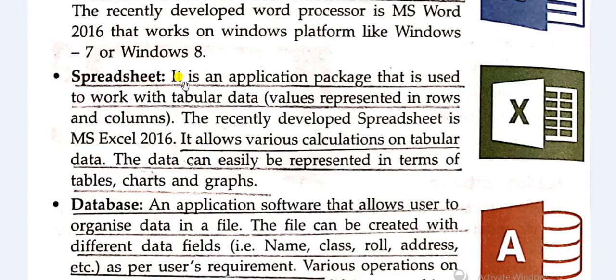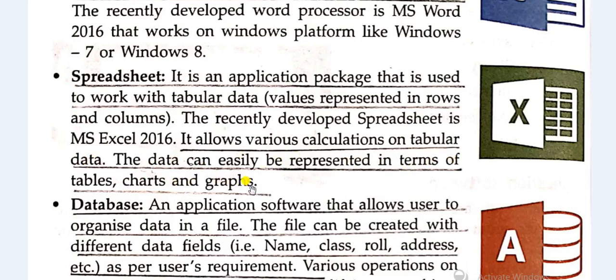Now, spreadsheet. It is an application package that is used to work with tabular data, values represented in rows and columns. We can represent the values row and column wise. It allows various calculations on tabular data like addition, subtraction, division, multiplication. The data can easily be represented in terms of tables, charts and graphs.